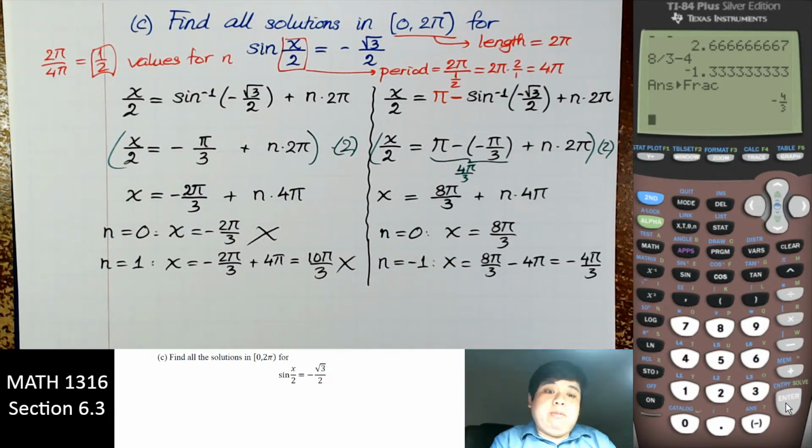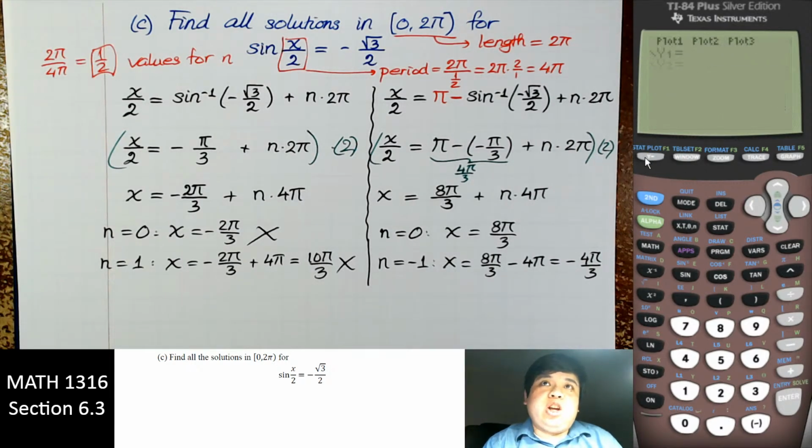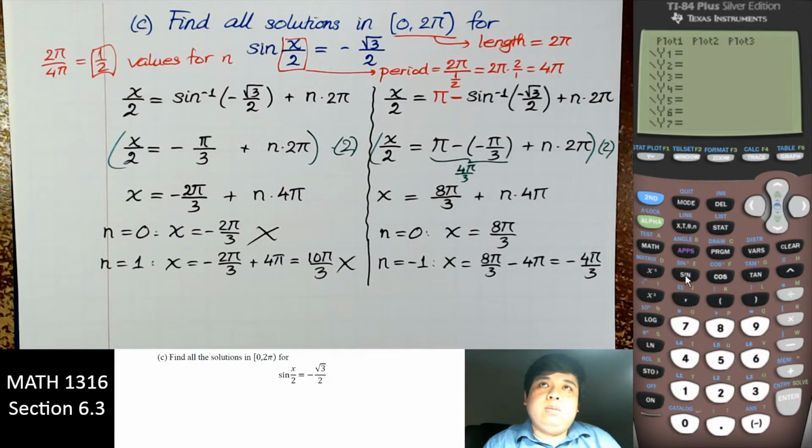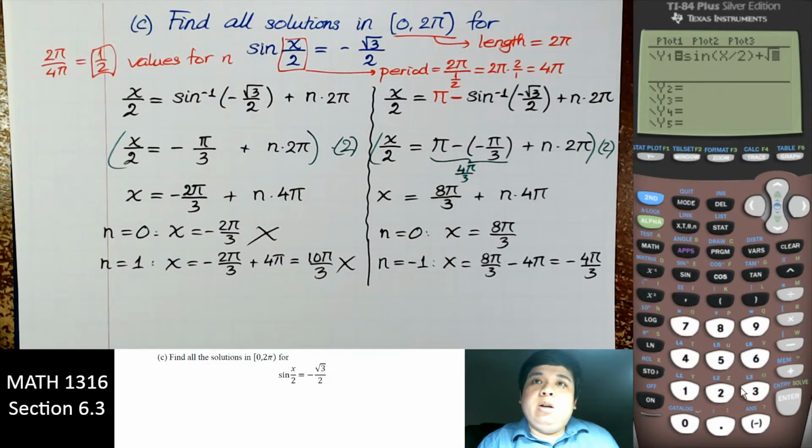So that means we have no solution either. There is a solution, but not between 0 and 2 pi. If we want to check, we have sine of x over 2 in radian, and then we move that to the other side, square root of 3 over 2,